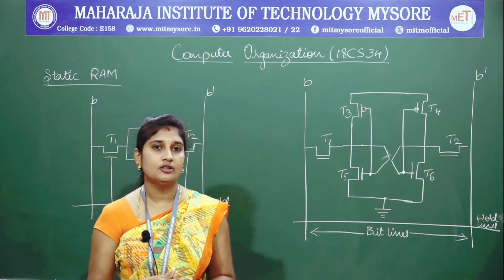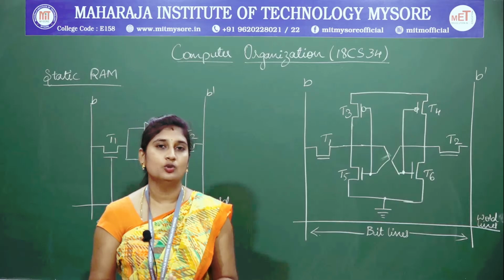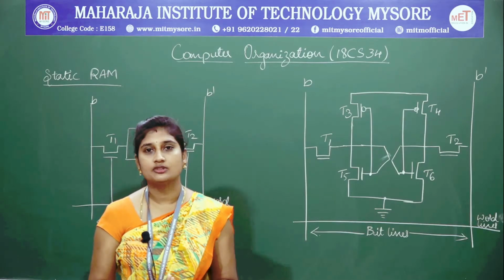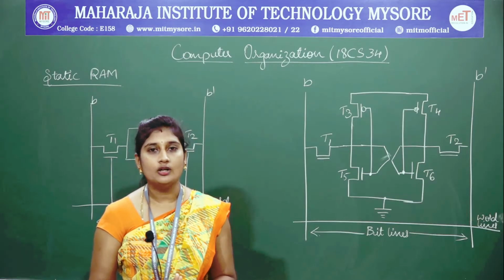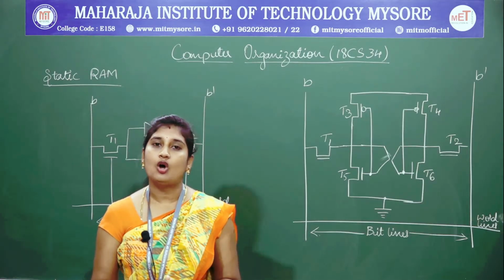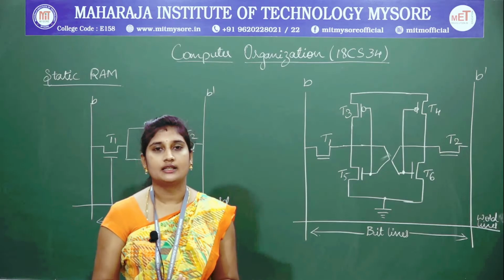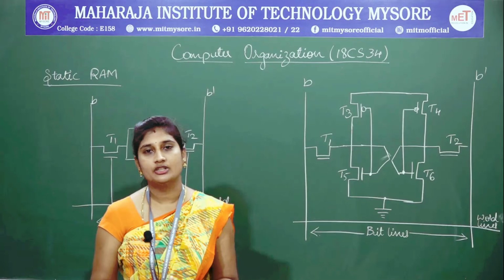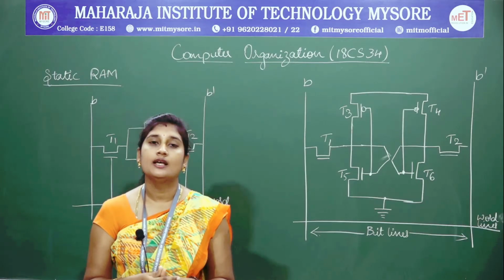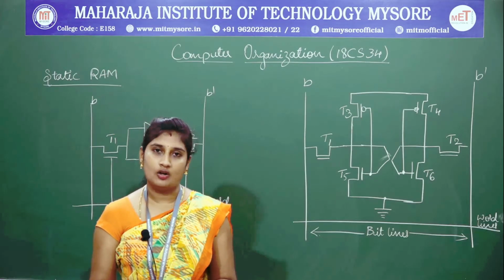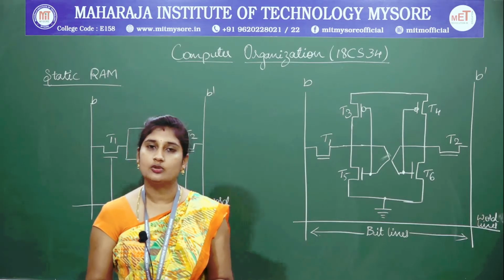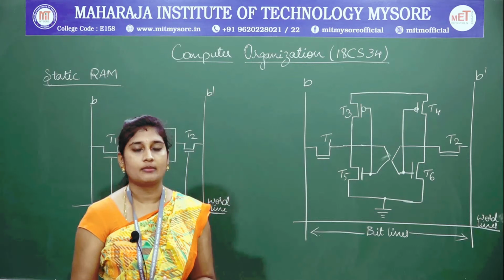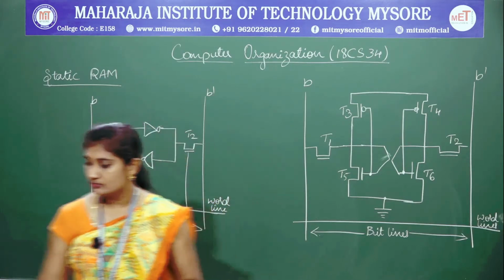As I already told, RAM is divided into two categories. The very first variation of RAM is static RAM. So what do you mean by static RAM? How is the operation done in static RAM, and how can you store the information that you want to store into your static memory cell? These are all the things that we will be discussing in today's class. Fine. So let us look at how the operation of static RAM is done.